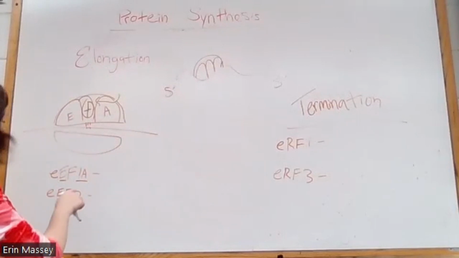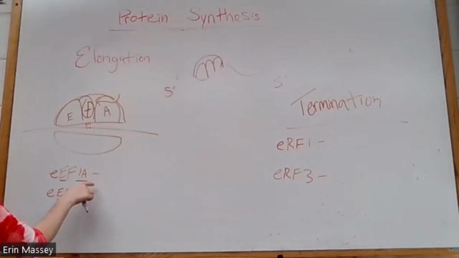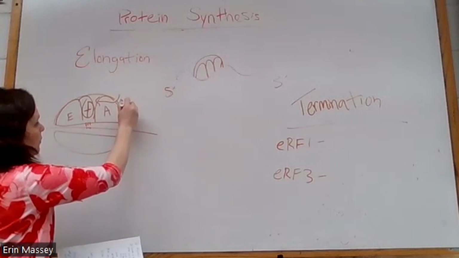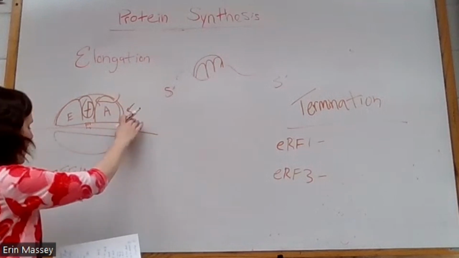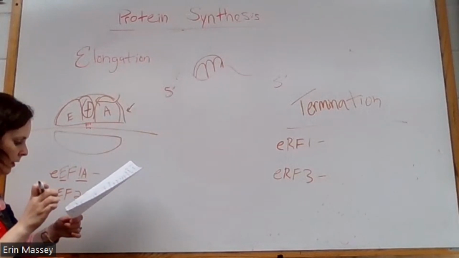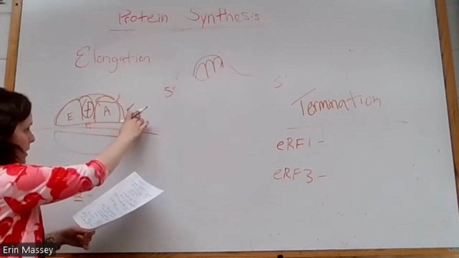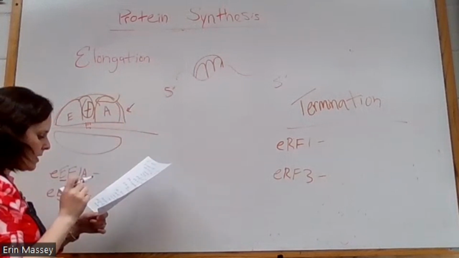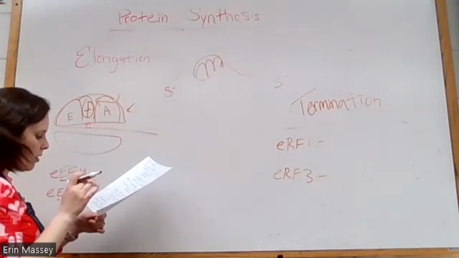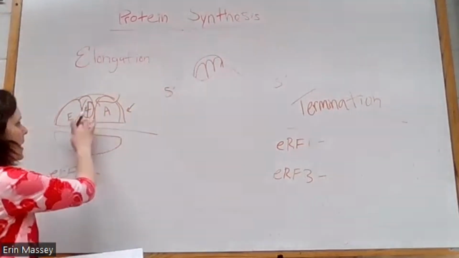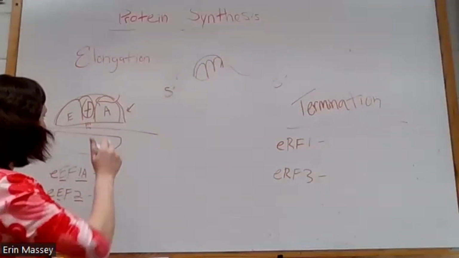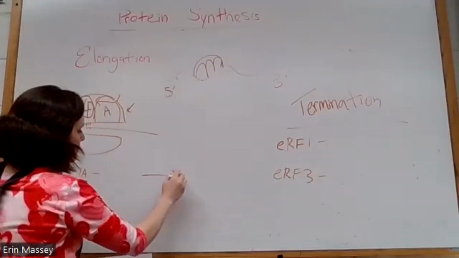So we have our elongation factors. 1A is going to be the binder for A. It's going to bind the tRNA to the A site. And then EF2 is going to move that tRNA from A to P. So elongate, move it along, move it along, move it along. Until, if this is the top,